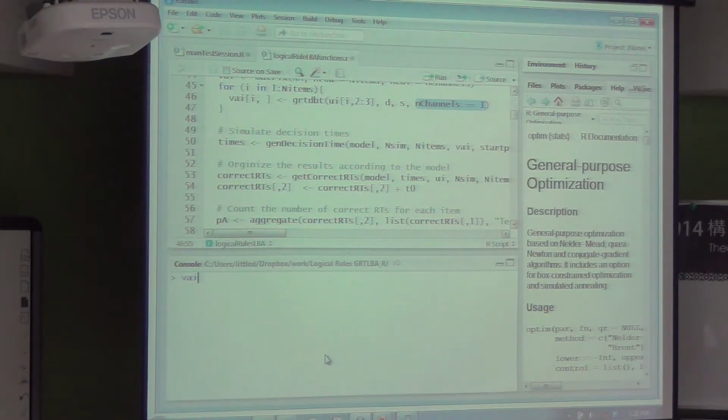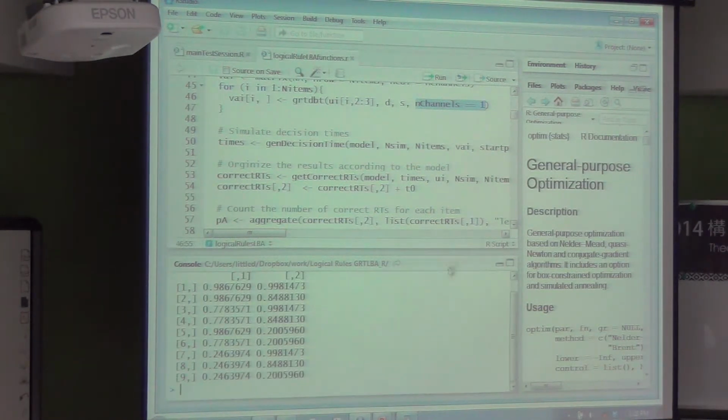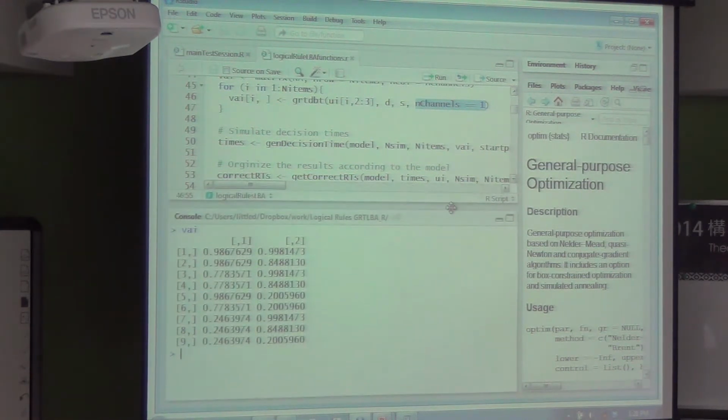in a matrix which I've called VAI, for reasons which are opaque even to me. Those are the three letters I was thinking of whenever I was programming this. What these numbers represent are the drift rates for each of those stimuli, and we can look at those to see whether they make any sense. You can think of it as the probability of, or the rate of accumulation of evidence towards category A, towards a category A response.